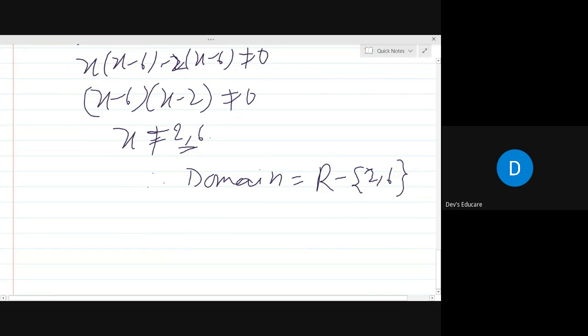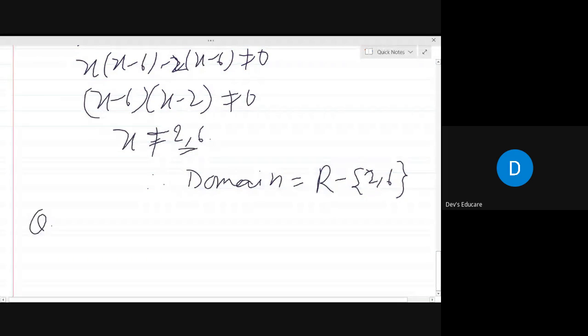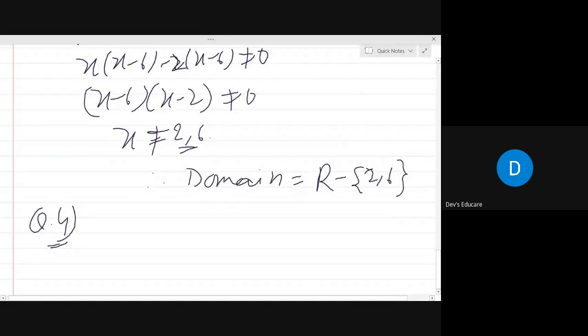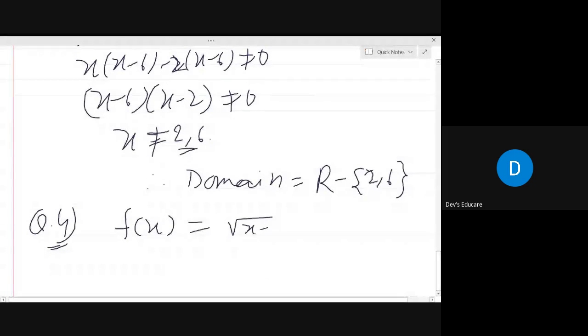Okay. So question number 4. We shall discuss almost all the questions of this exercise. However, most of the questions related to domain and range would be coming from outside. In fact, R.D. Sharma and Exemplar should also be done for domain and range especially. Find the domain and range of the real function f defined by f(x) equals root over x minus 1.